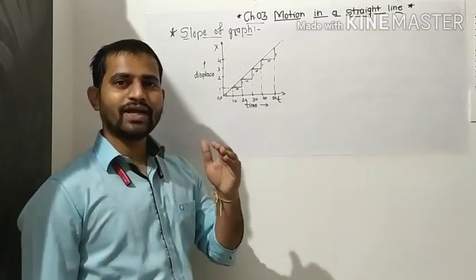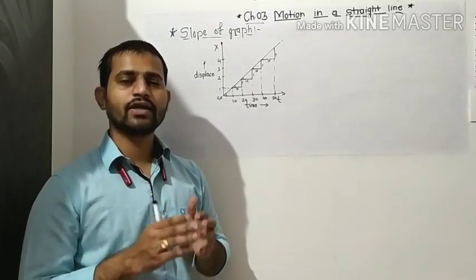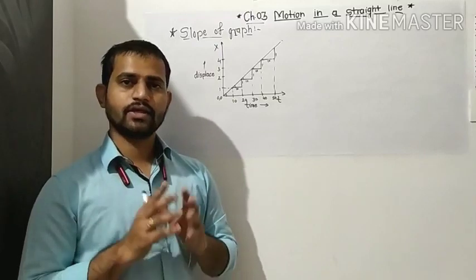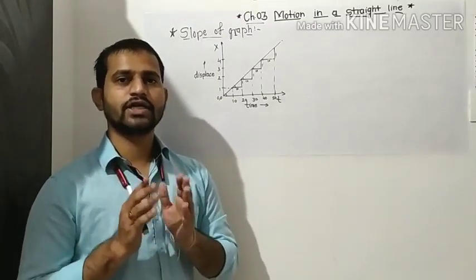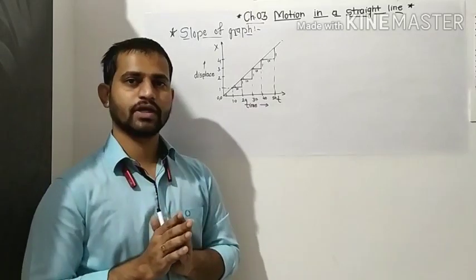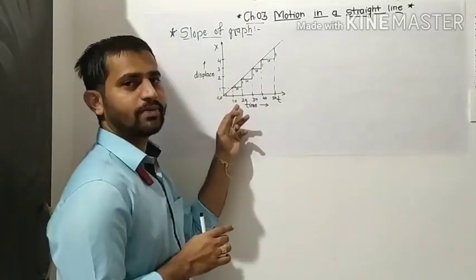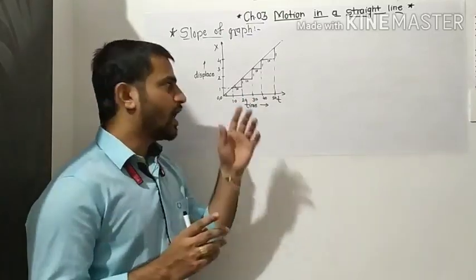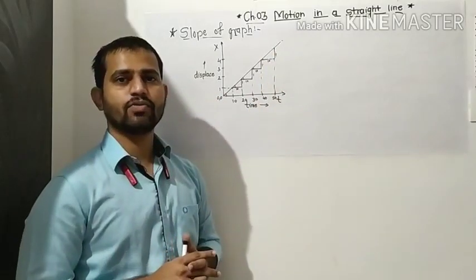Okay, so at a regular interval of time, if we take the readings, we come to know that the distance is also coming as the same. The interval of time is the same as well as the interval of distance. Here the interval of distance is 1 for each step, and the interval of time is 10 for each step. Then we come to know that along this line, at any point we count the slope of that line,